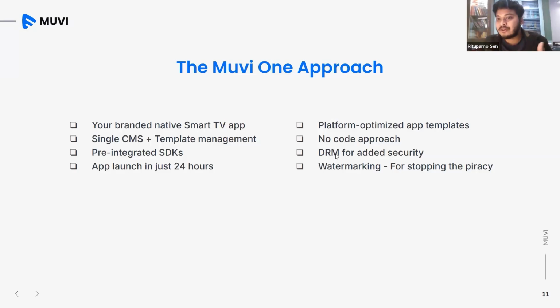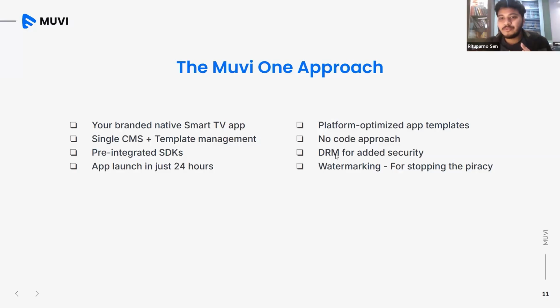Business growth is not up to the mark if security is breached. Piracy is on the rise. There has been a ton of discussion on the piracy aspect of everything. How do we counter that? DRM is one tool to counter piracy. We have DRM enabled and integrated across our TV apps also.